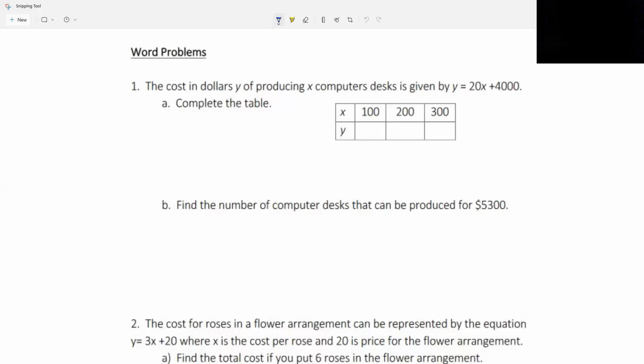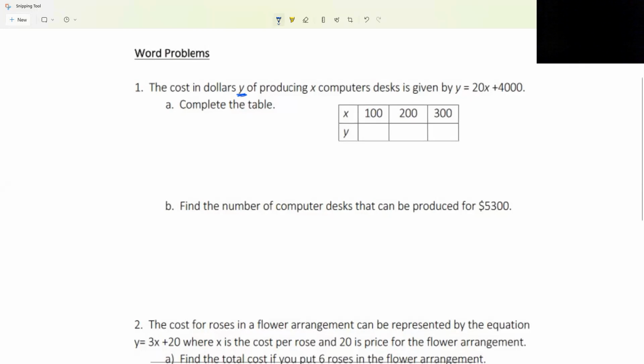Okay, so you got some word problem stuff, and these are word problems, but they're specifically using y is equal to mx plus b. It's a graphing exercise. Okay, so with this one here, you have the cost in dollars, y, of producing